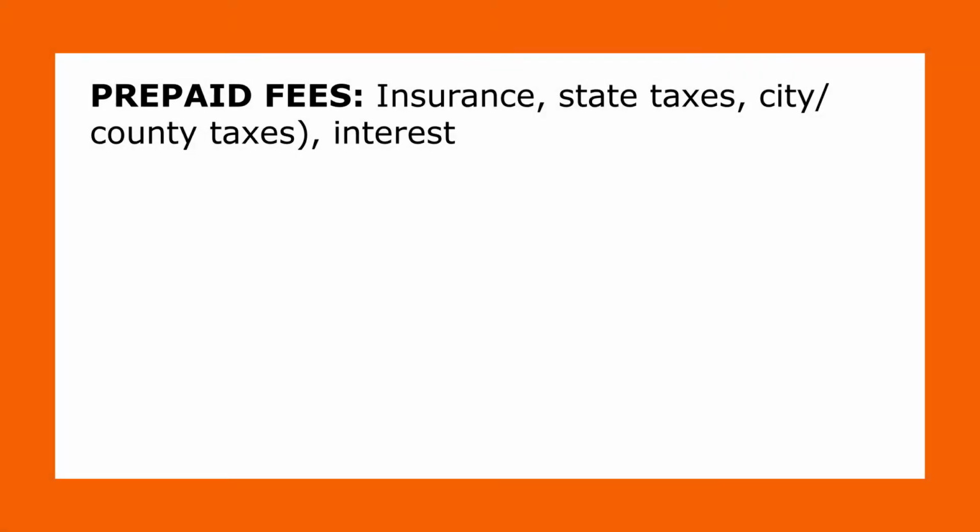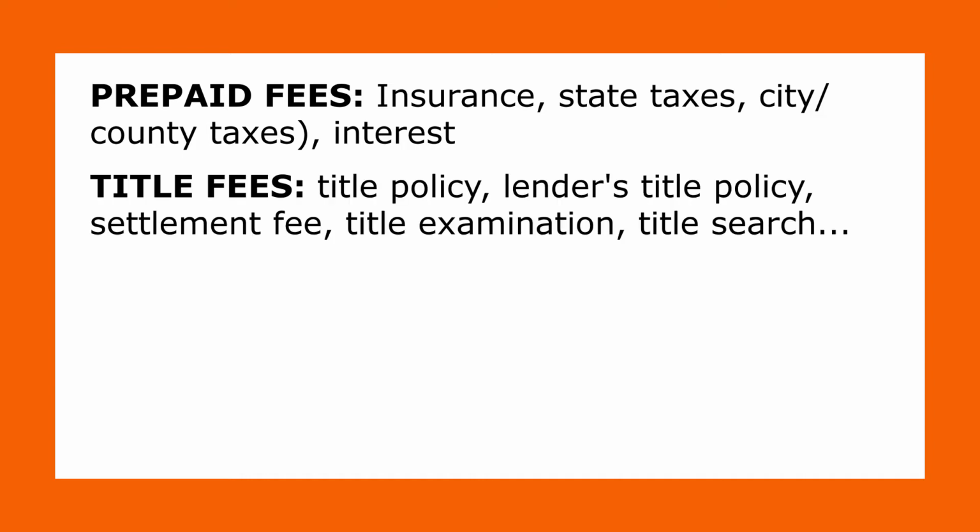What are closing costs? You guessed it, they are fees that are usually paid on closing, but what are these fees? To cite a few, closing costs on the buyer side include but are not limited to prepaid fees like insurance, taxes, meaning state, city, county, interest, title fees like title policy, lender's title policy, settlement fee, title examination, title search,